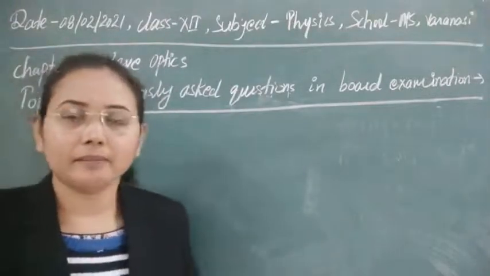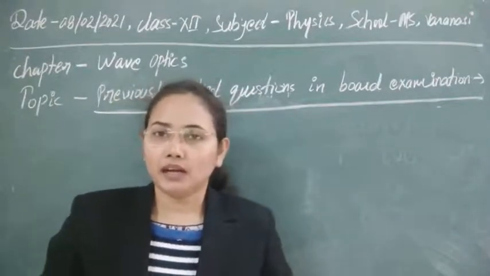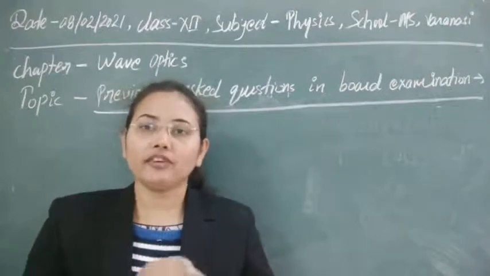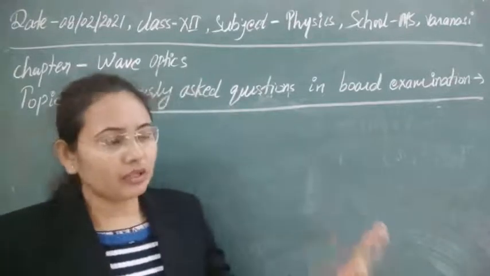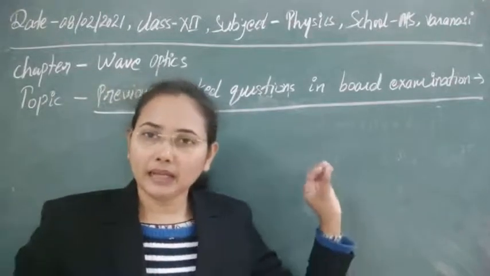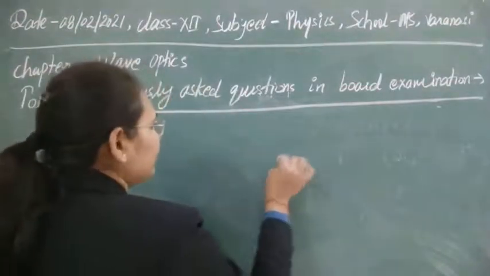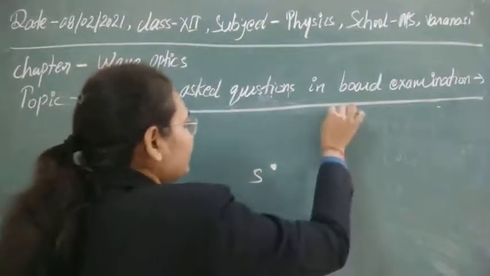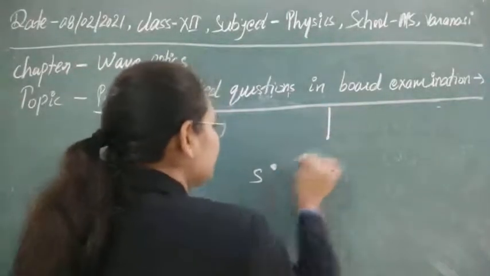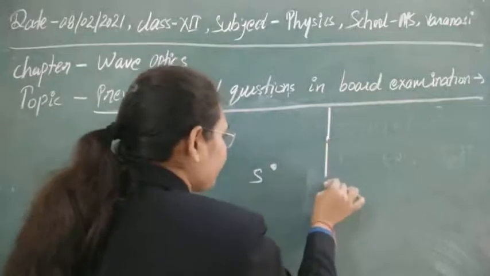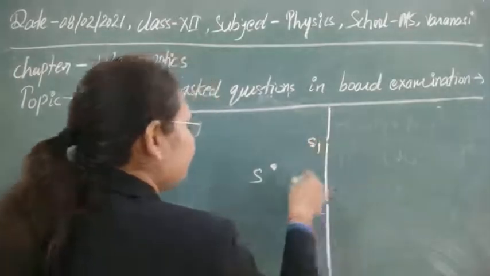As we have seen how to get the interference pattern in the case of Young's experiment, the wave theory, and even the concept of crest and trough, so that we can get maximum or minimum intensity. These things we can understand with the help of the Young's double slit experiment now. For that experiment, suppose this is the source that we have taken, and these are two sources that are formed due to this single light source. Suppose this is source S1 and this is source S2. So we have two sources, S1 and S2.